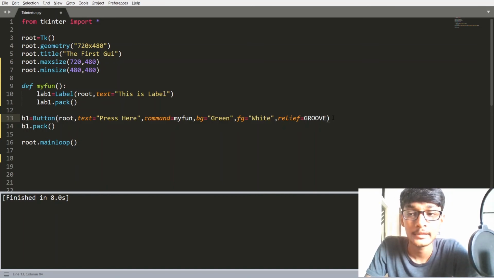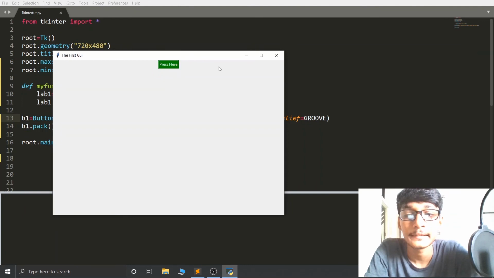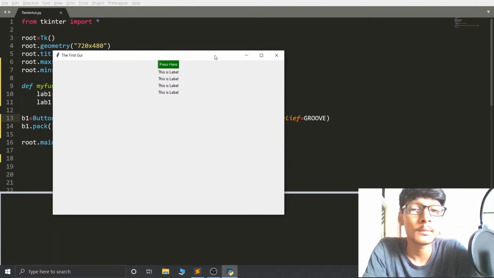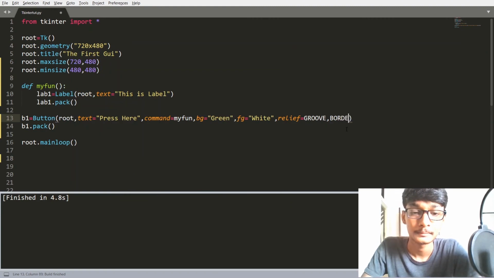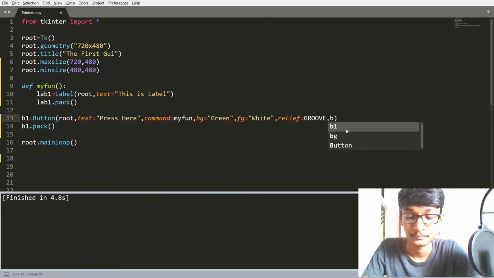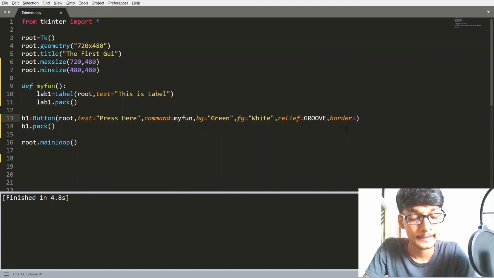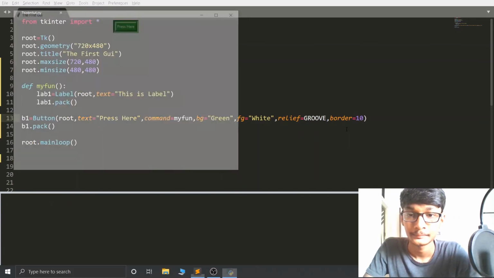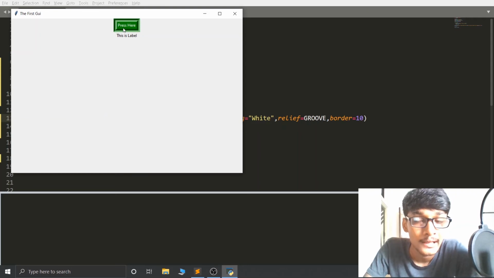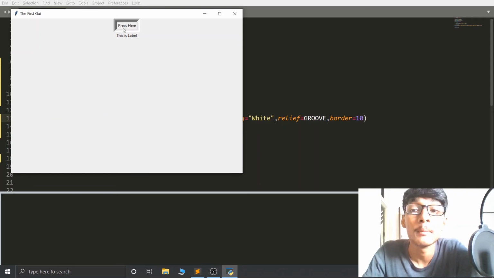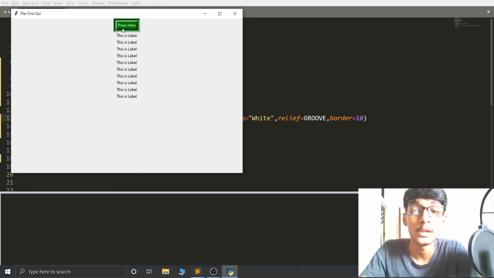Let's run this code, and you can see that we are getting a different border style. Here I am going to just increase the border width, let's say 10. Whenever I press this button, we get a new label. Every time we get a new label.